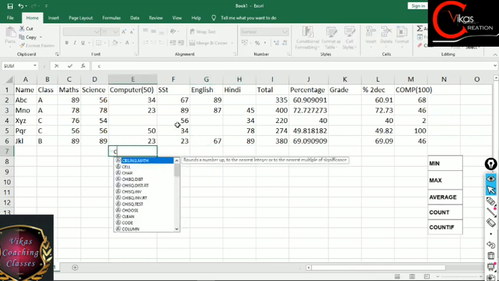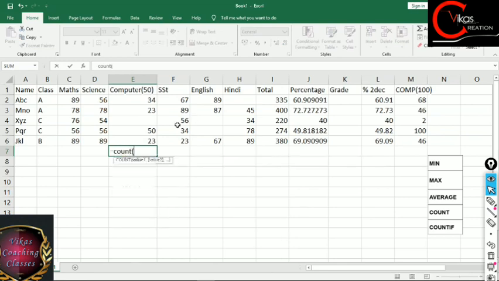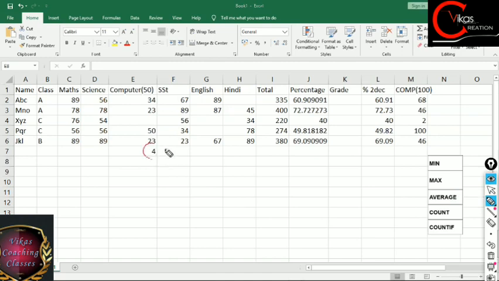We can write equals to COUNT, then we have to open the bracket, select your whole cell range, and press the enter key. Well, you might be thinking why we are using this count function if we can count this manually. Right now this data is very small, but let's suppose we have data of thousands of students. Or let's think about the students sitting in class 7 only, or class 8 only in one school. There might be 200 or 300, or in some cases 100 or 50 students, and in that case it will become very difficult if a teacher checks everything manually. So that's why we use these functions in most of the cases.